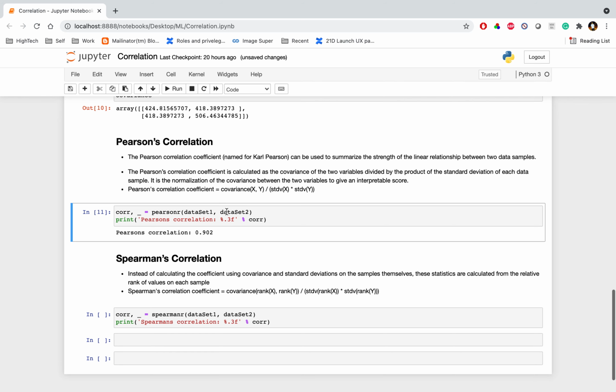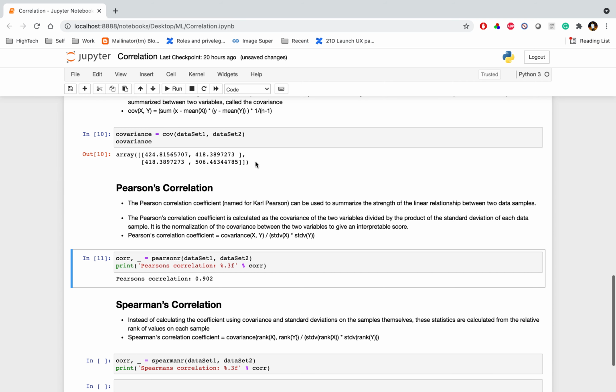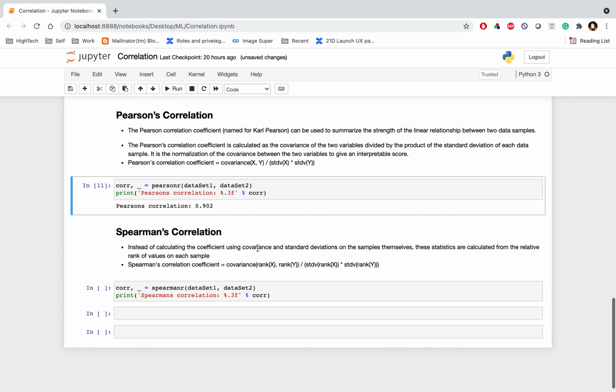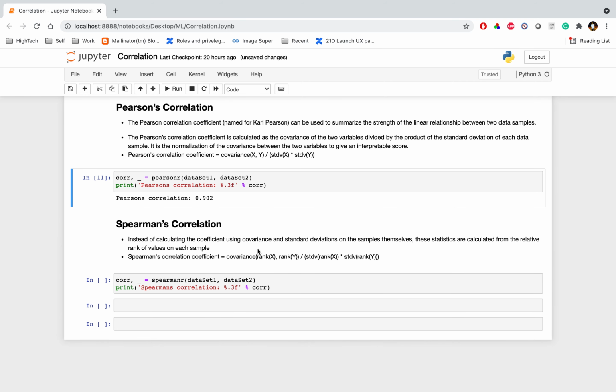In the Pearson correlation we use the covariance of x, y divided by the standard deviation of x times the standard deviation of y. But here the coefficient uses the rank of x and rank of y, divided by the standard deviation of x times the standard deviation of y, right?